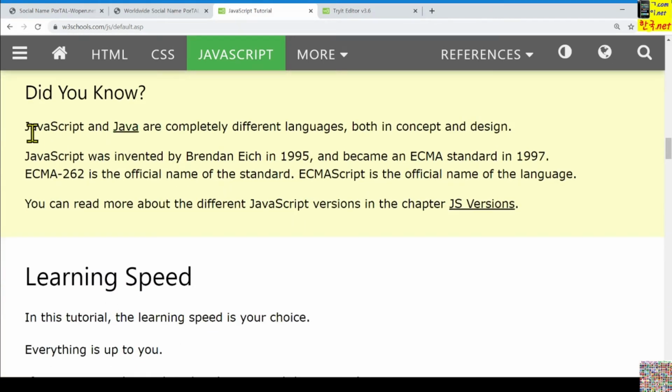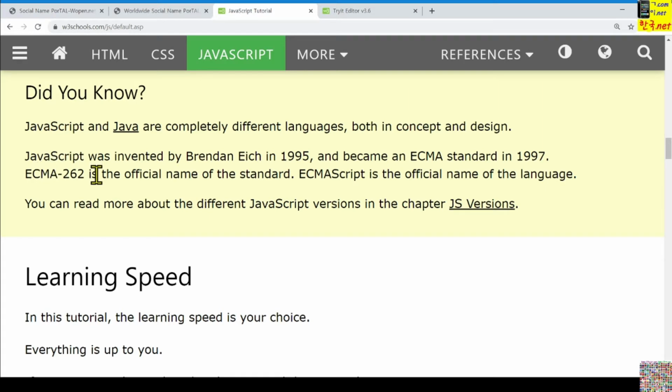Even though this one is using Java, the Java here is different from the Java language. Those are completely different languages, both in concept and design.